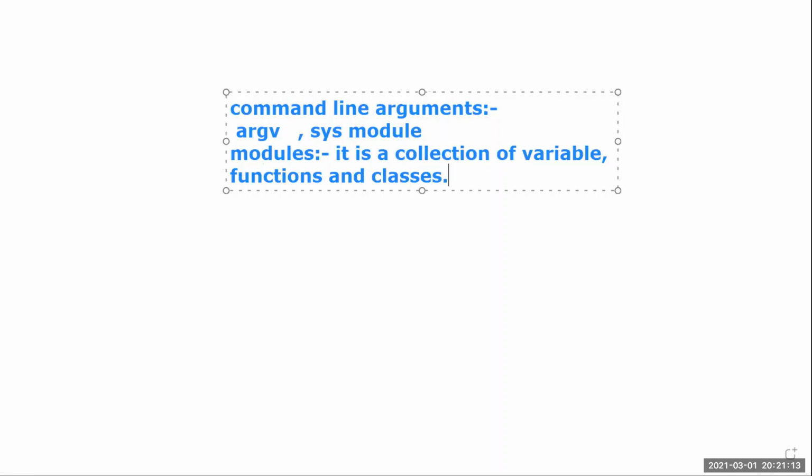In other languages, we have to include header files. Suppose, for example, you consider C or C++. If you want to use printf and scanf, which are the input-output functions in those languages, we have to include header files like stdio.h, conio.h. In those header files, these functions are already defined. So we have to include those header files to make use of those functions in our program.